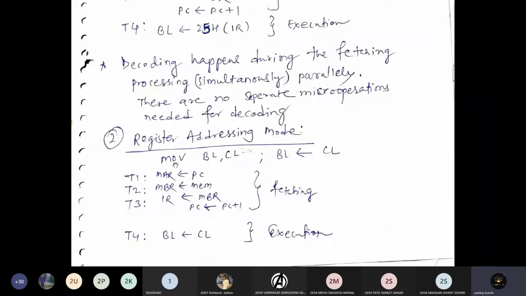What is actually happening inside this instruction that is different from the previous instruction? The contents of CL are copied inside the BL register. So in the T4 clock state, we will write the micro operation CL goes to BL, and this is the micro operation for execution.